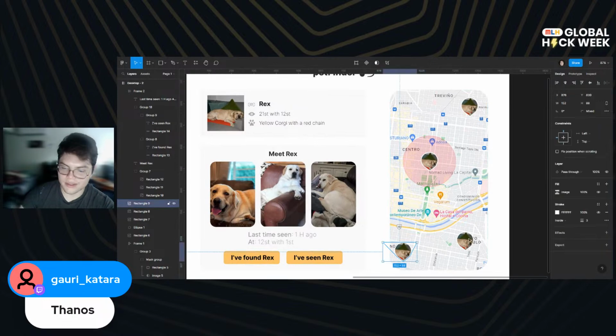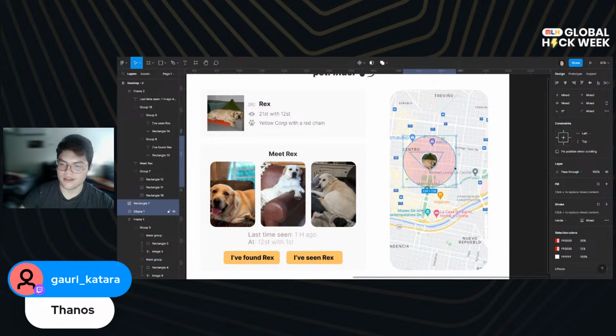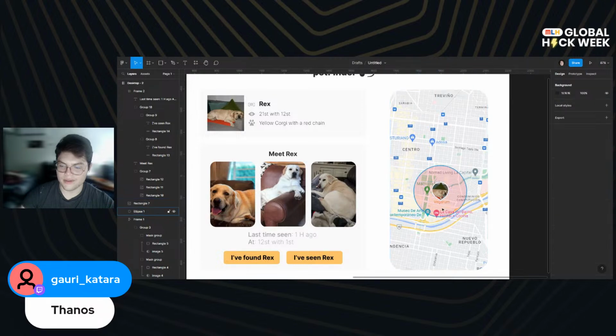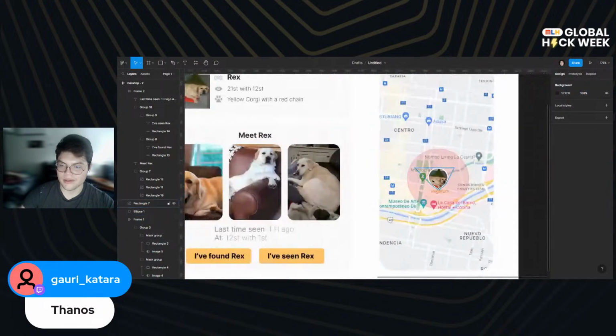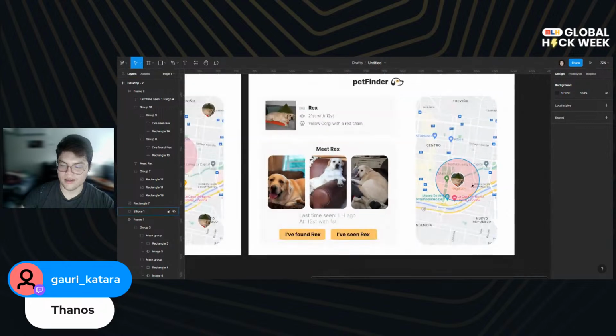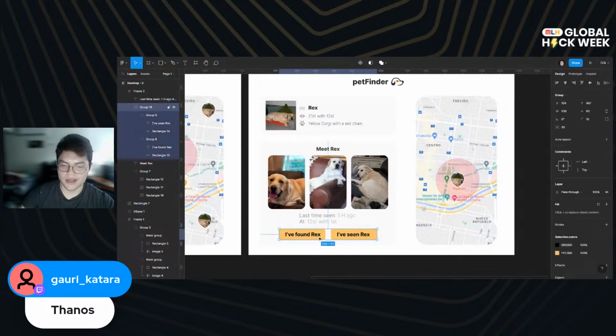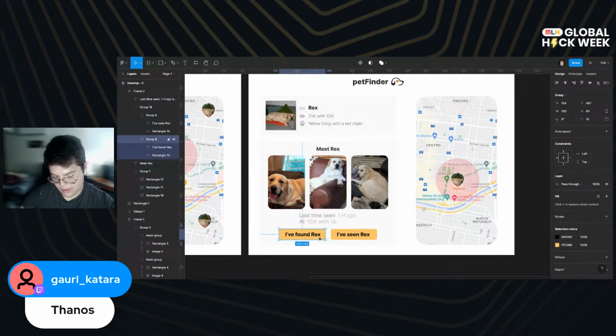Let me just try to take care of this. And let's imagine that Rex is in the center of the map. He was seen eating some vegan food in Big Iron. So yeah, if I pick up like I found Rex, it's going to put me on a page in the